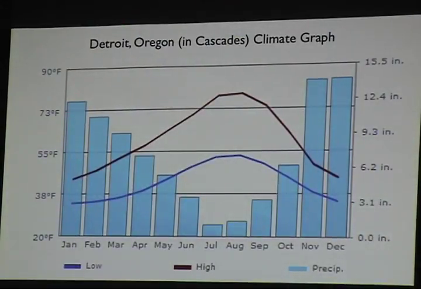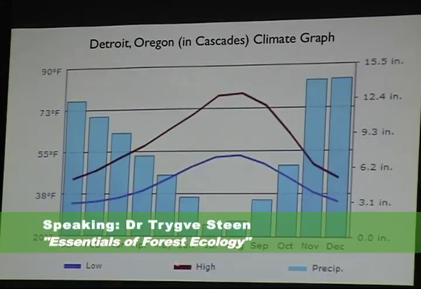Here we have Detroit, Oregon's rainfall just over the ridge of the mountain from the Opal Creek area. And you'll notice major rainfall, actually beginning in the fall. September, particularly November and December, very high. January, February, dropping off a bit in the spring. And finally, June, low. But July and August, these extremely low levels of rainfall basically mean that deciduous trees in the Cascades live in places where there's water from some other source. A stream bringing water in, a lake, a wetland, or something of that sort. Because the deciduous trees can't really get through this